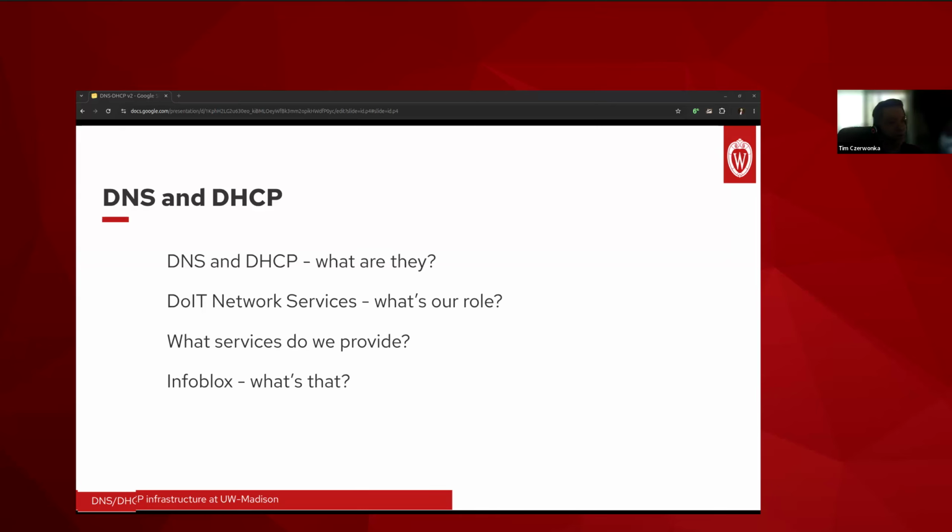DHCP, Dynamic Host Configuration Protocol. It's a way that your device can get an IP address starting with nothing to be on the network. In many instances, things like your phone and your laptop will sit on the network, send out a broadcast, a DHCP discover out into the local network segment. But the interesting thing is at that point, your host does not have an IP address that can be routed. So we often talk about the DHCP helpers needing to be set on the routers or the Palo Altos. That DHCP helper service is what takes that broadcast and gets it over to the DHCP servers so that the rest of the protocol can function and you get an IP address or a lease for a few hours, and you can get on with the network.